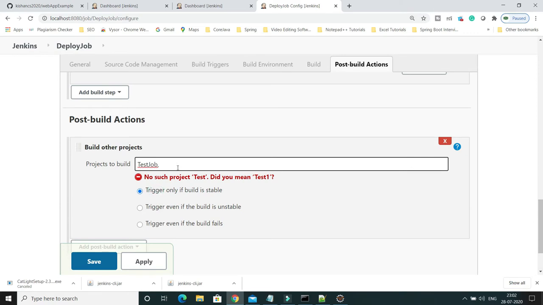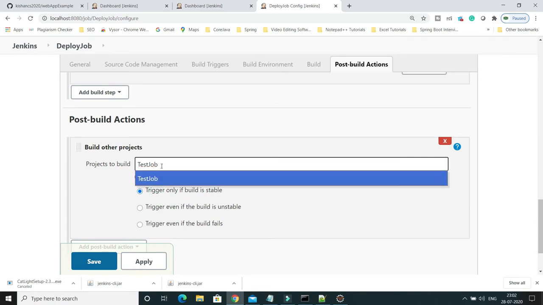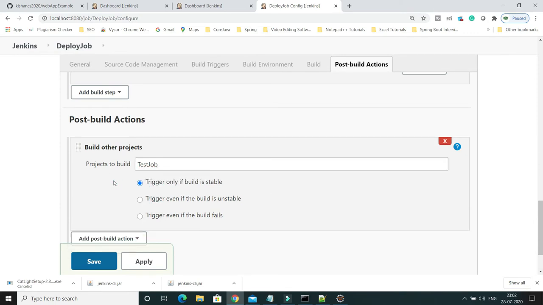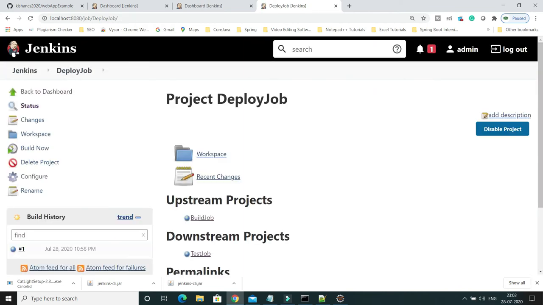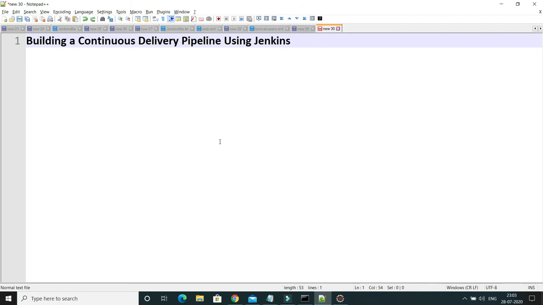Here also you can give comma separated multiple job names, and those jobs are going to trigger, but I have only one job. Apply and save. So all these jobs are now configured as a continuous delivery pipeline, right?